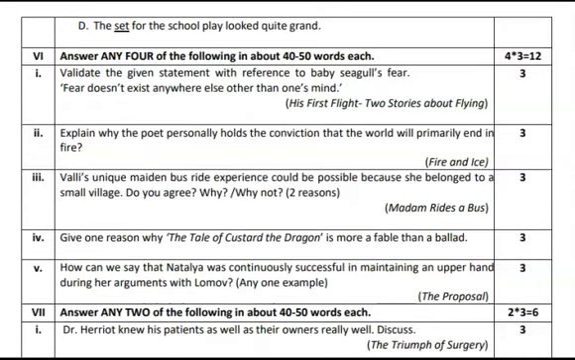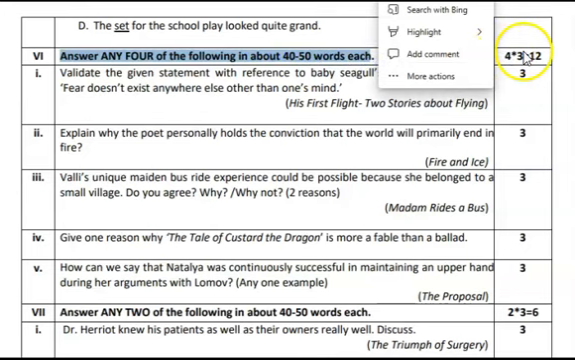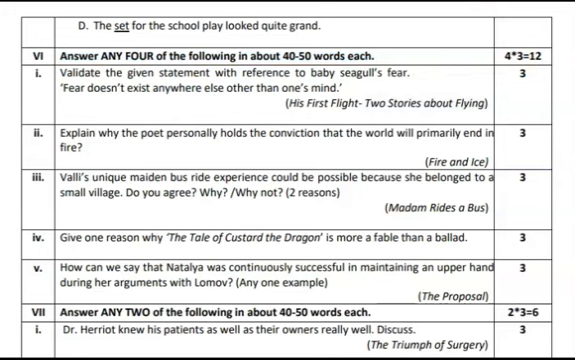Now, let us discuss the short answer type questions that will be given under question 6. It reads: answer any 4 of the following in about 40 to 50 words each, and each question will be of 3 marks. So 4 into 3 will be equal to 12. Before I tell you anything, listen very carefully to how you can score maximum marks in these types of questions. When you sit for the final examination on 27th February next month,